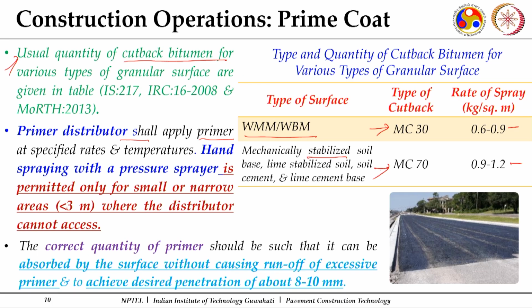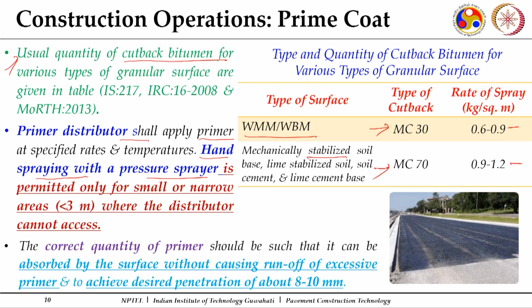Hand spraying with a pressure sprayer is permitted only in the case of small or narrow areas where these binder tankers cannot go. So, for those narrow areas, say of a width of less than 3 meter, where the binder distributor or the primer distributor cannot go,